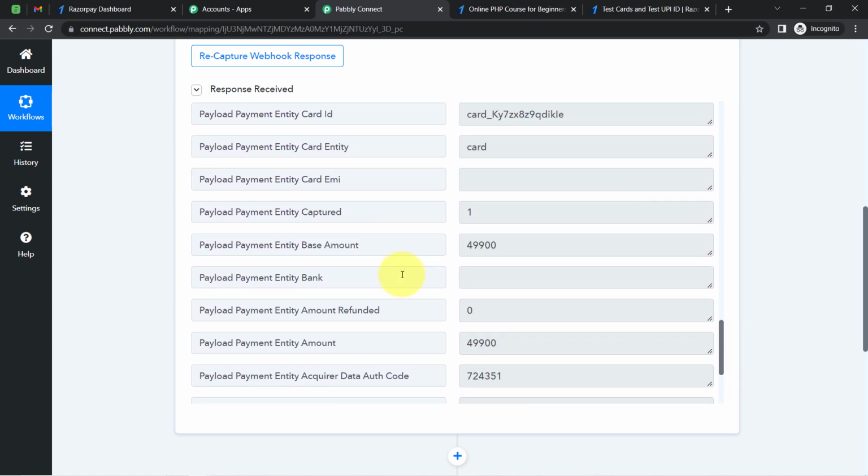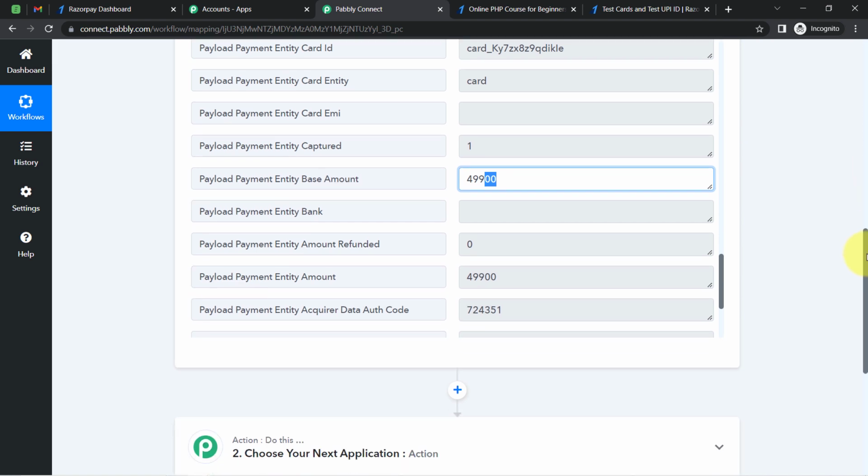Here you can see we have the amount, that is 499 and 2 extra 0. That is why I have asked you to notice this amount here. I would like to tell you that whenever we receive the data of Razorpay, we always receive these extra 2 zeros, and it has actually ignored that decimal. So don't worry about that. It will actually be considered as 499, and just in case